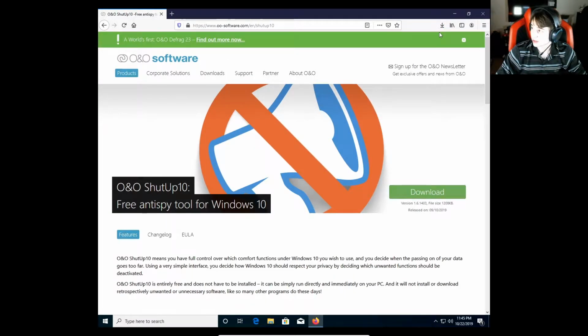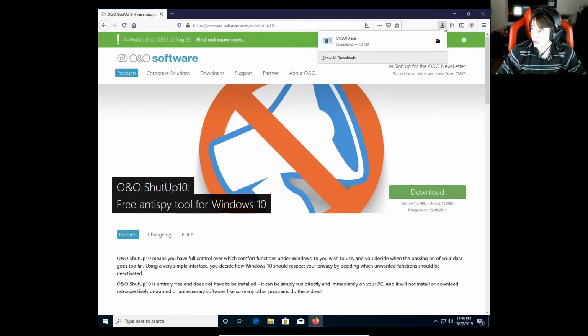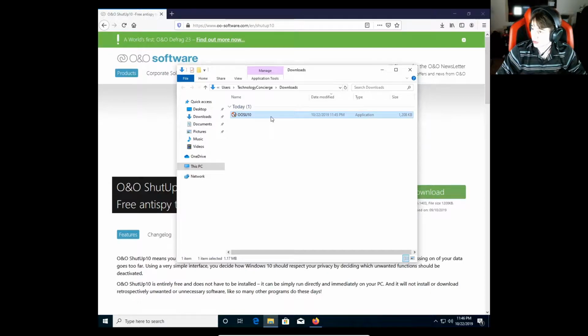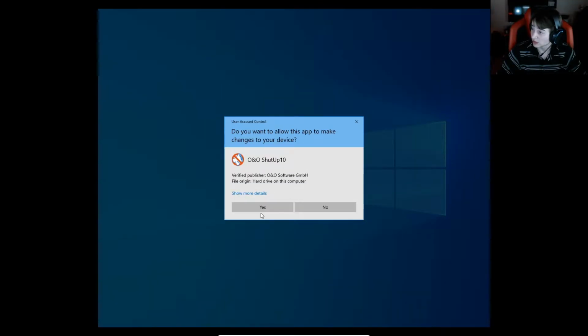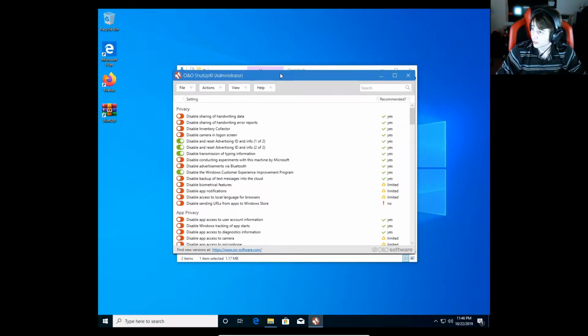So now that the file's saved, we're going to go to our downloads folder, right? So you hit this little arrow right here in Firefox, and then you hit the show folder icon. And that brings up your downloads. So we're going to open this, and I'm going to close Firefox here in just a moment. We're going to close Firefox. Now,